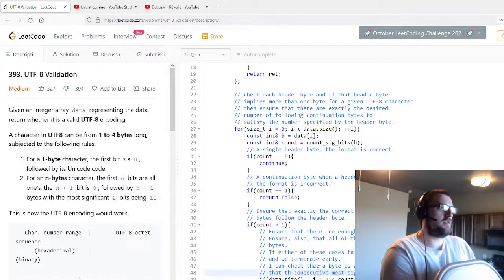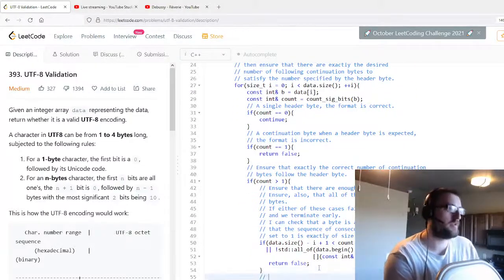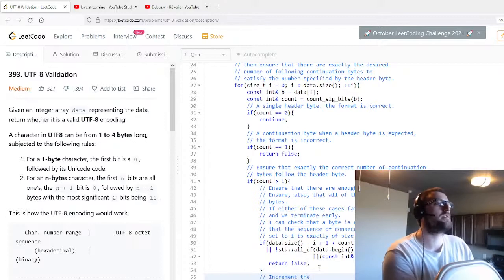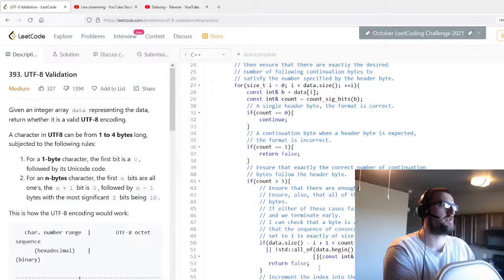That the sequence of consecutive most significant digits set to 1 is exactly 1, size 1. Something like that. Increment the index into the data, to the array. Pass the count continuation